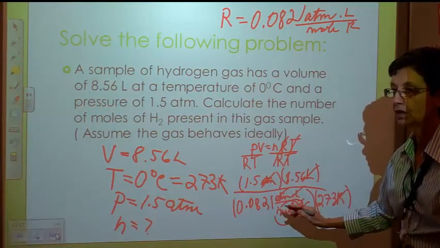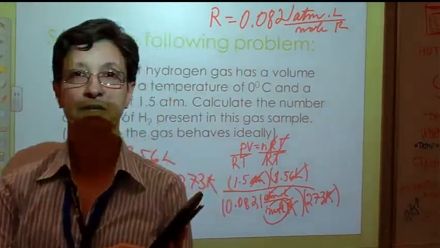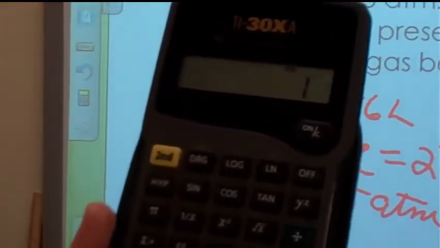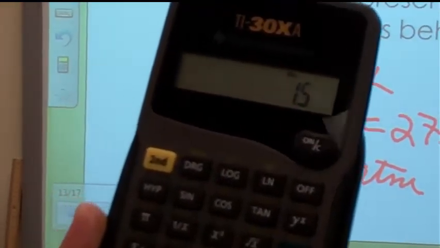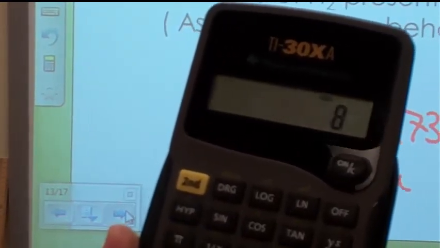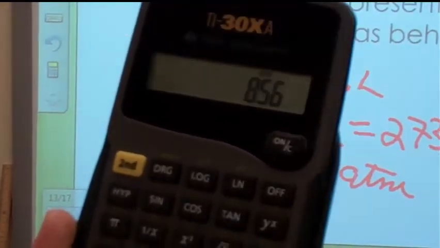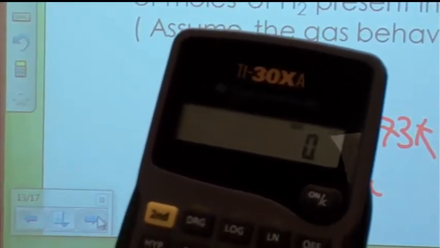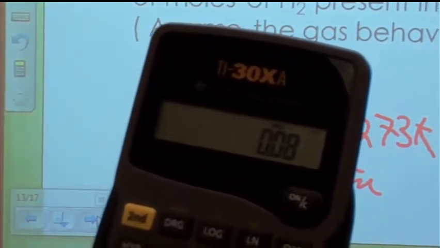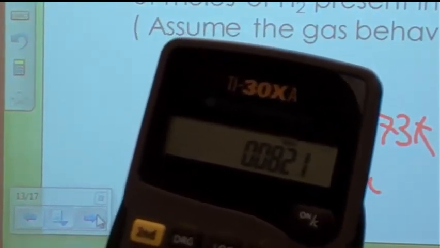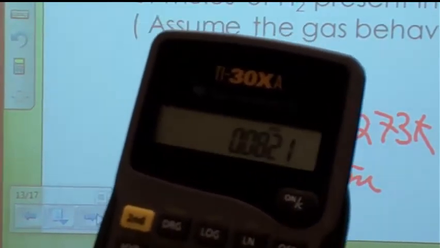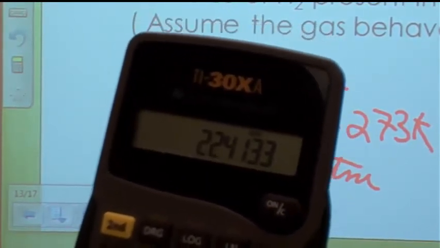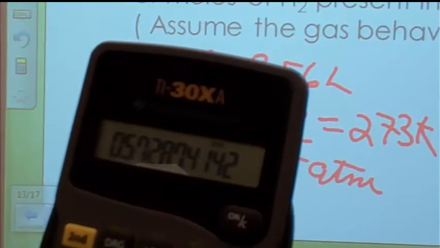When we plug that into our calculator, I'm going to say 1.5 times 8.56 equals, divided by, parentheses, 0.0821 times 273, parentheses, equals. My answer is